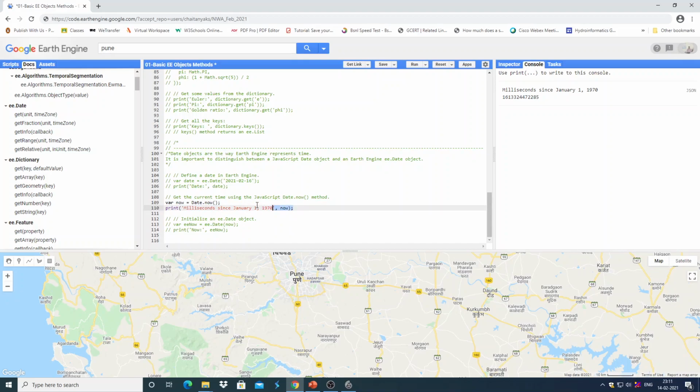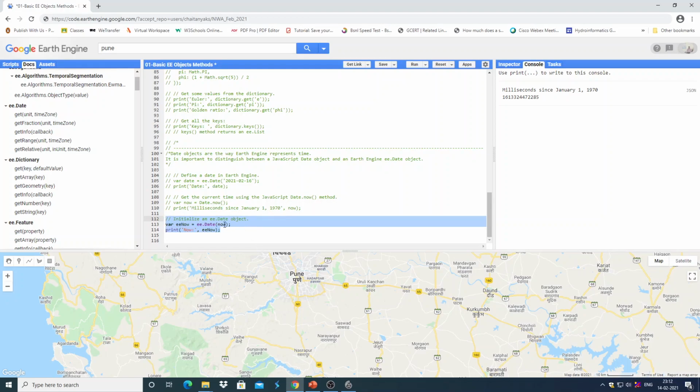Then there is how to initialize an Earth Engine date object to know the current time. This is the way to declare the date object, and how to know the current date in Earth Engine date.